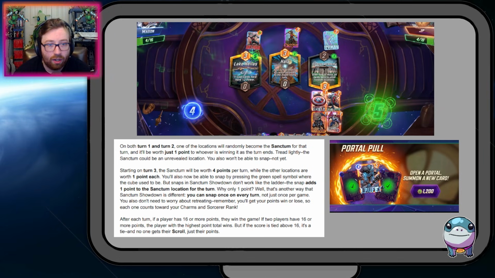Your opponent can also snap and add a point to the Sanctum as well, so the Sanctum can be worth a maximum of 6 points. This does not affect the other locations. The extra points added from the snap are only active that turn, so the Sanctum will go back to 4